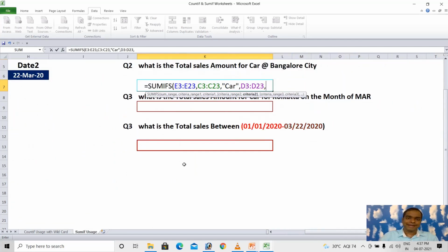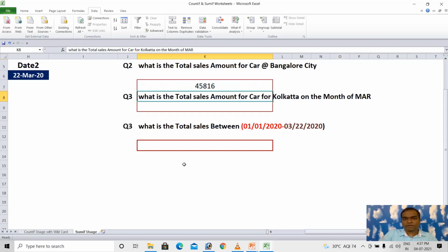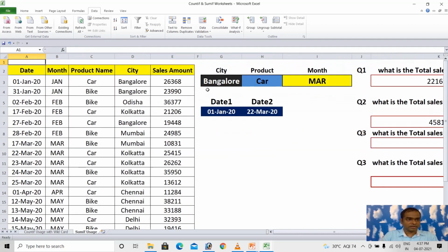Then probably I have to write the city name Bangalore. Then close the bracket. So I'm getting one amount, 45,816, which is the total sale amount for the car product, and that belongs to the Bangalore city. So if you look at the same thing, whether our output has come correctly or not, you can check it